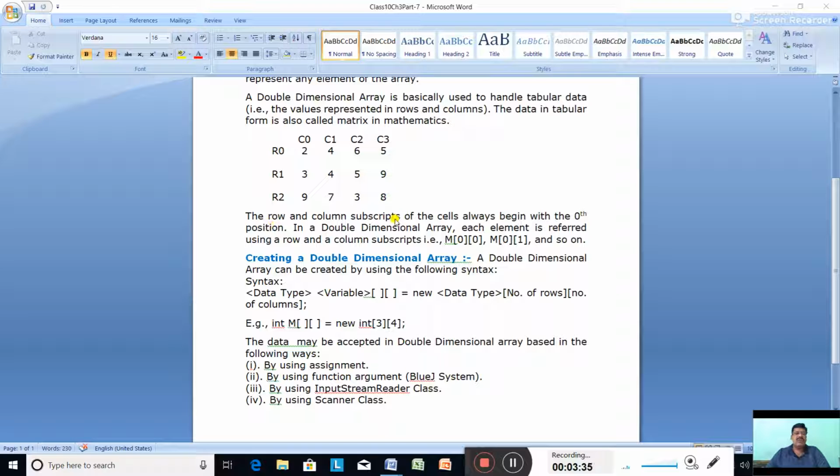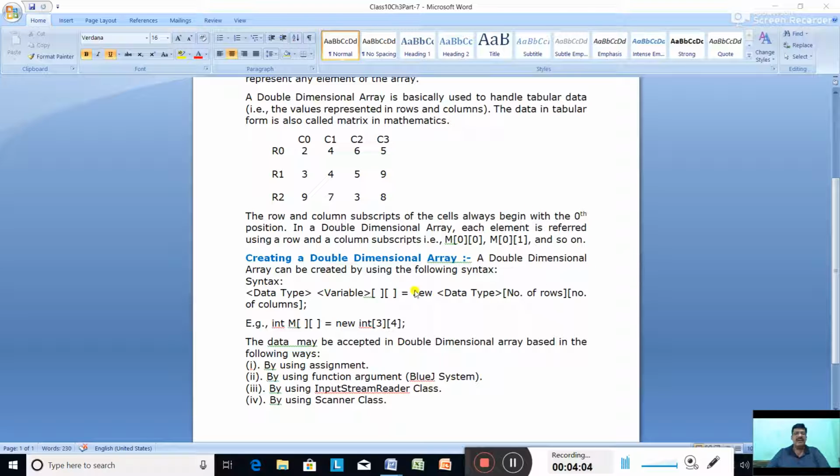So the row and column subscripts of the cell always begin with the 0th position. In a double dimensional array, each element is referred to using a row and a column subscript. Like M00. M00 means the first element of the array, that is 2. M01 is the second, that is 4, and so on.